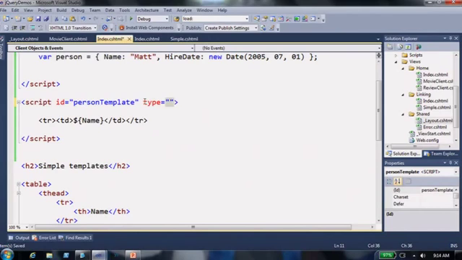Well, what type should this be? I don't want to make it JavaScript because it's not really. And if I make it JavaScript, what's the browser going to do? It's going to try and interpret it as JavaScript. It's going to look for variables. It's going to look for functions. It's going to try and run that. So I really want to avoid having the browser actually even pay attention to this until I run some script